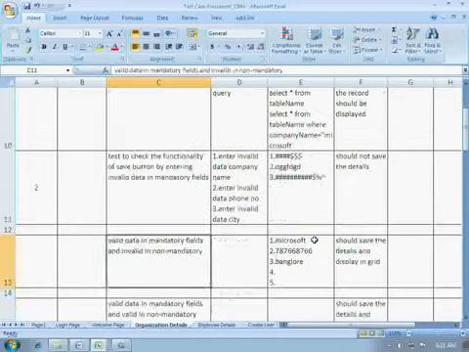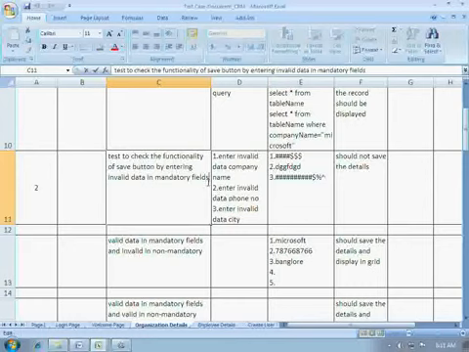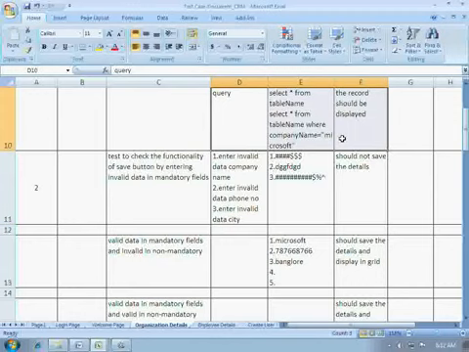Similarly here, to test the functionality of save button by entering invalid data in mandatory fields, we can write the query here. Actually here, if the user is entering invalid data in mandatory fields, the details should not be saved in the first place, but we are just making sure that the details have not been added in the database.